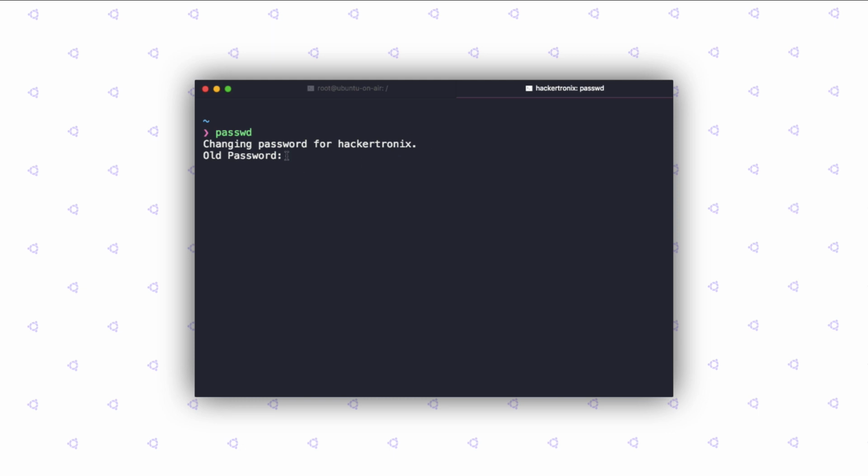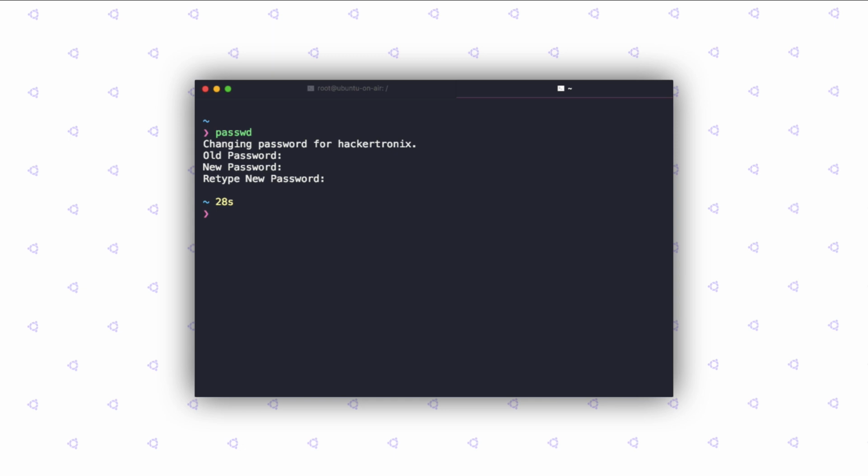So in my case, I'm going to enter my old password here, which is, I'm not going to tell you the password, and let's hit enter, and let's enter the new password, root123, again root123, and it just changed my password.